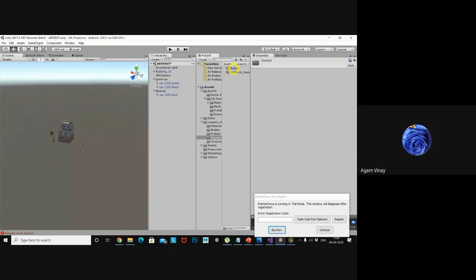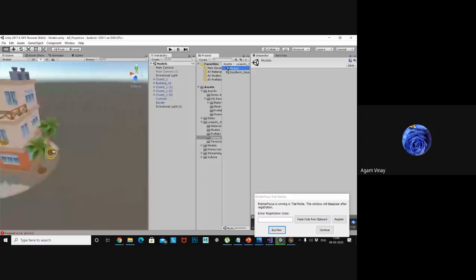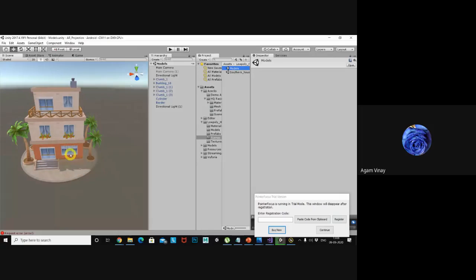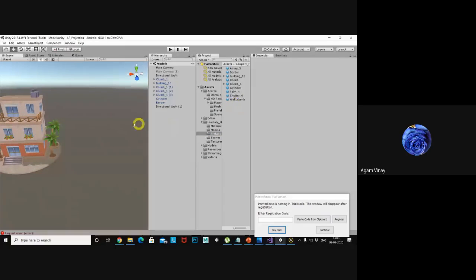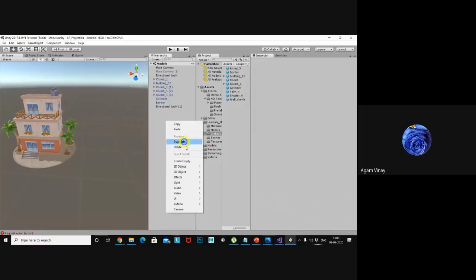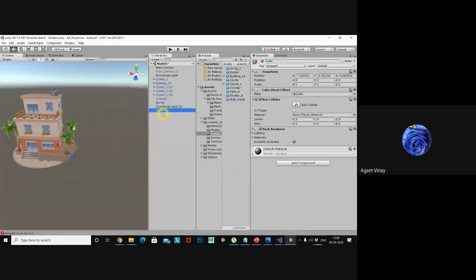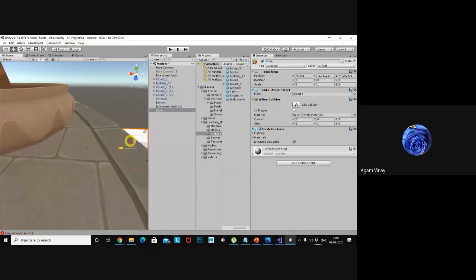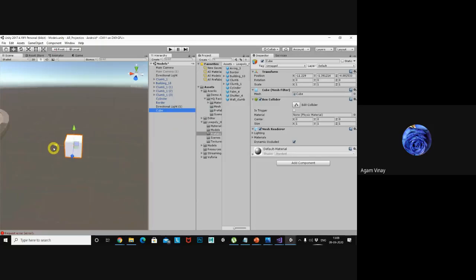Let me open this. He already generated one scene, meaning he put a scene like this and gave it to us. Forget about that. Prefab is nothing but this: if you created a model and made some changes, like I will create one 3D model, a cube, and apply some texture to it.